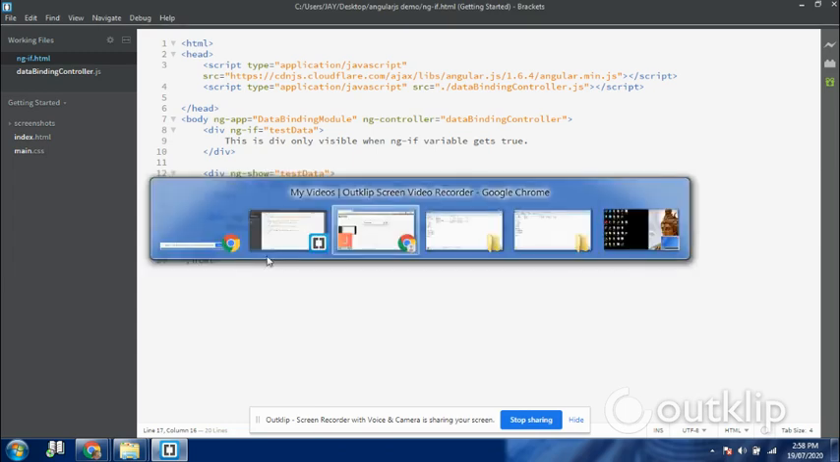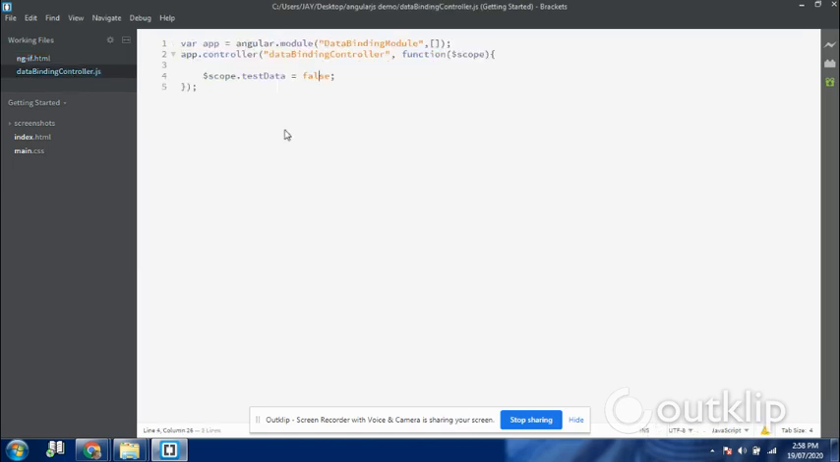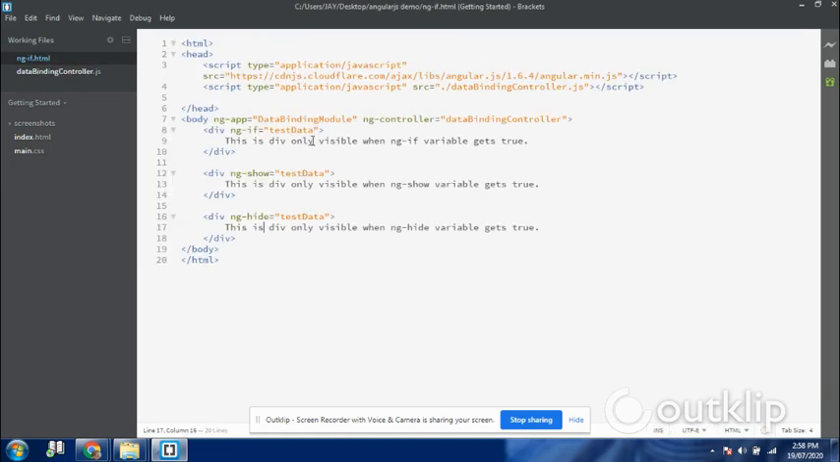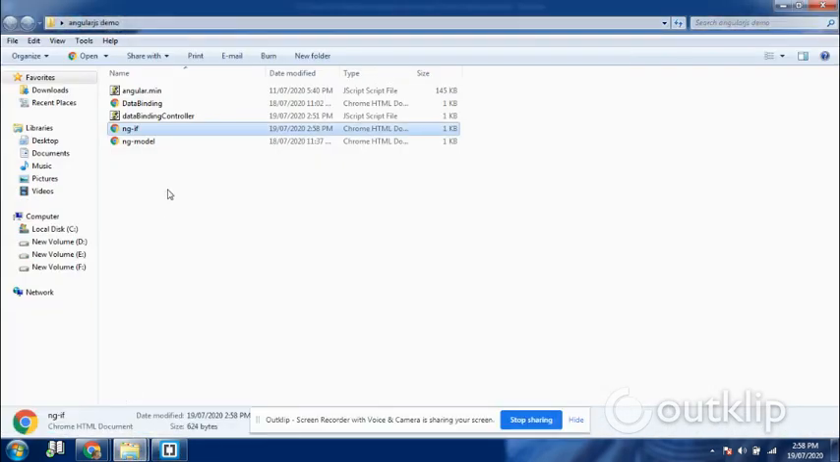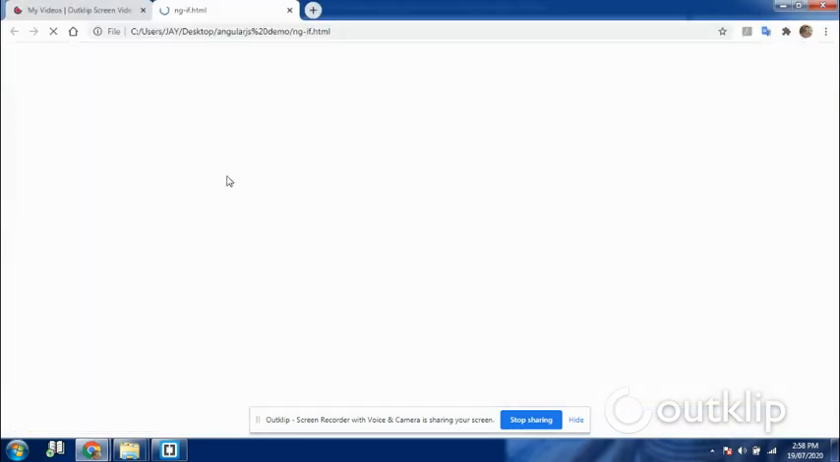Okay, so I am running this script. Currently I have set test data to false, meaning this ng-show condition gets false, so its data cannot be seen in the DOM. But the ng-hide condition is false, so it can show the data in the DOM. You can see that this div is only visible when the ng-hide variable gets false. Otherwise it cannot be seen. So I am running this,